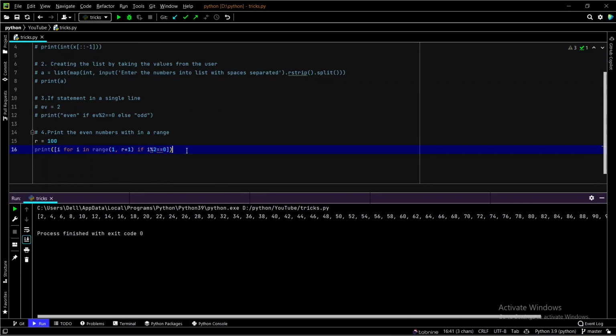You can even remove this r value, and you can directly write over here 101. It gives the same result. That means you can even ask the user to enter the input instead of directly giving 100 over here. Okay, now let's enter into the fifth trick, how to accept